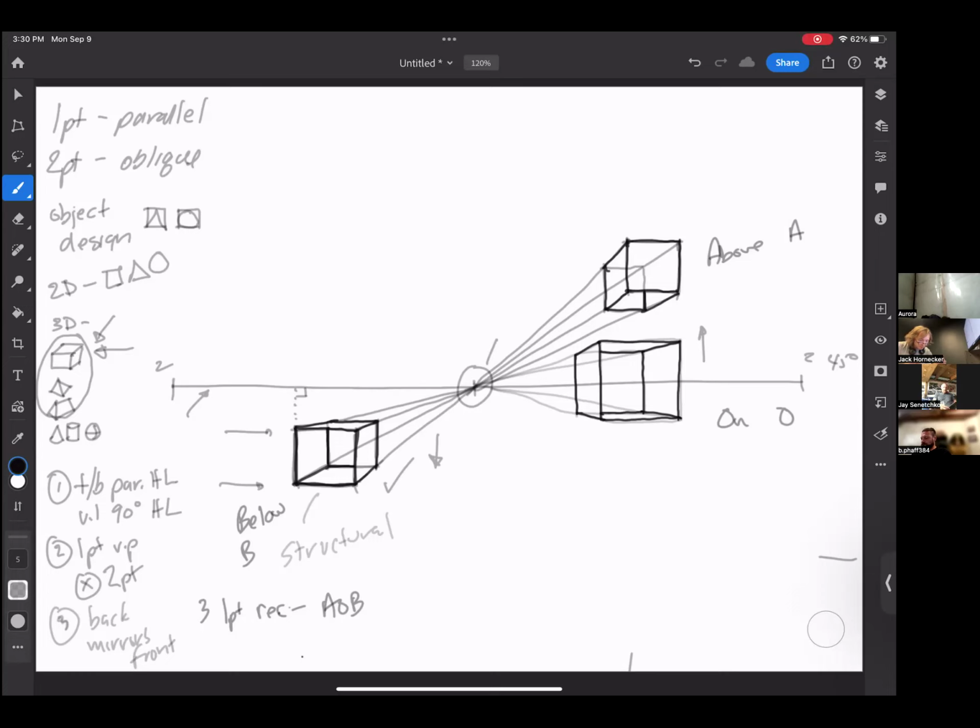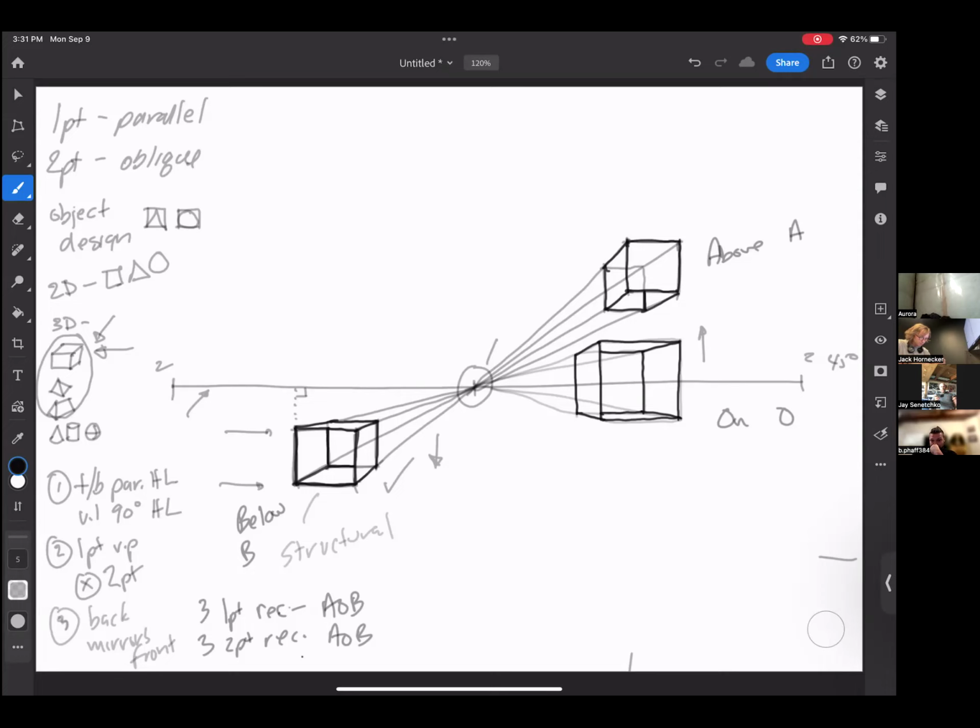Okay, great. Probably of very little surprise to anybody, you are also going to have to do 3 2-point rectilinear objects, AOB, above, on, and below the horizon line. Now, as I mentioned with a 1-point, you can start drawing that object anywhere you want. It's just very easy for me to explain drawing that object by drawing the front face first. Same thing with a 2-point. You can start drawing a 2-point any way you want. The way that I'm going to suggest or explain it is by drawing the front corner of this thing first.